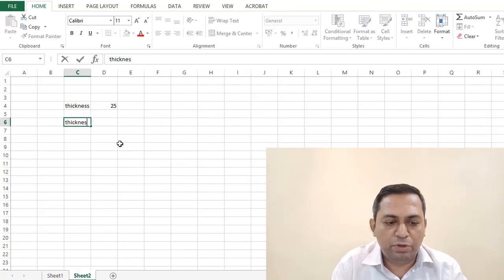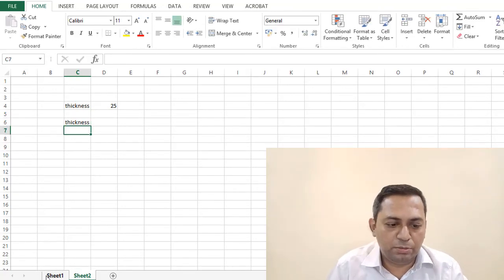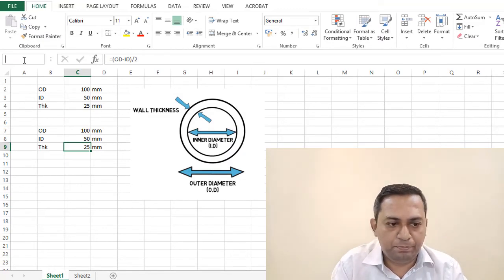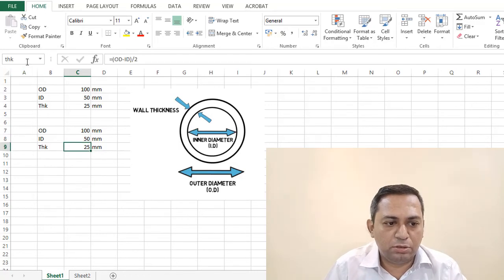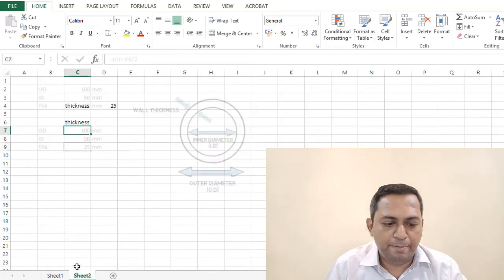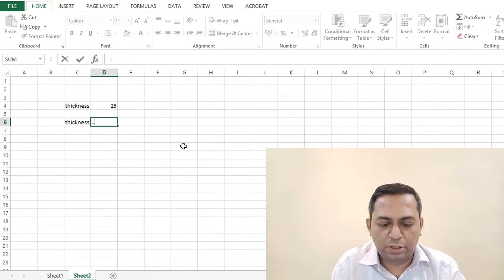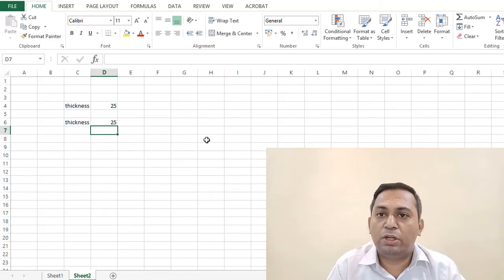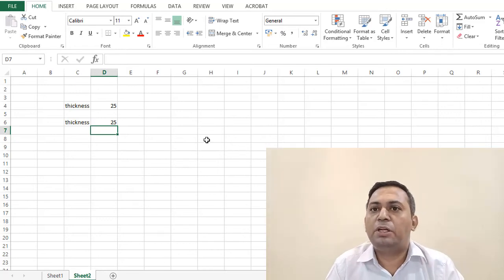The second way of doing it is, obviously, I will name this as THK, for example, thickness. Once I go here, I will say THK. So you can see the difference of working in one sheet. You can take values from other sheets, you can give references to different cells using this very simple technique.